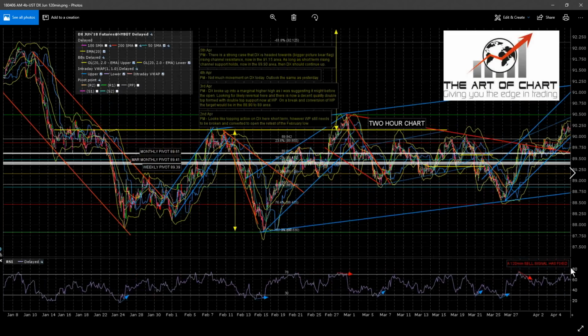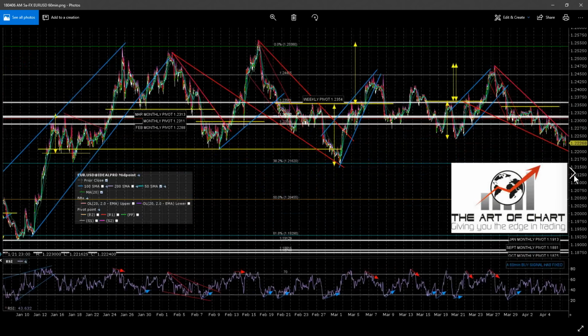We'll see. We've got 120. We're still on a 120 minute sell signal. That might be threatened if we go up to these targets here. And I would note that short-term channel resistance and bigger picture channel resistance will be crossing on Monday in about the 91.2 area. Maybe that's going to be the target. We'll see today. If we can't break over 90.5, then Stan's triangle is alive and well. So we shall see how that performs today.